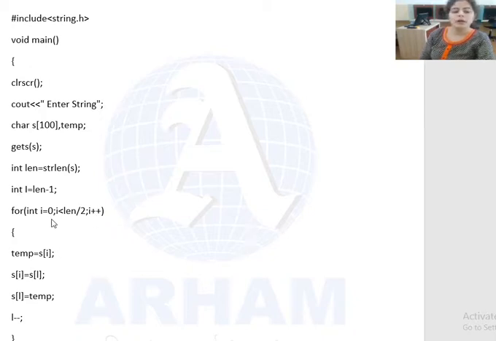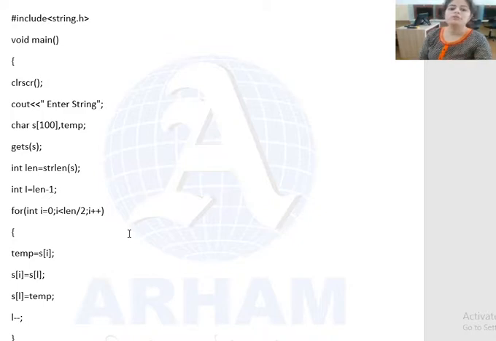Now why have we applied this loop? Because we have to exchange the values of the string. For example, let's suppose the total length of the string is 6. It means we have to swap, or interchange, 3 characters: the first with the last, the second with the second last, the third with the third last. So in total we have to perform 3 interchanges, because after performing 3 interchanges the string will be reversed.